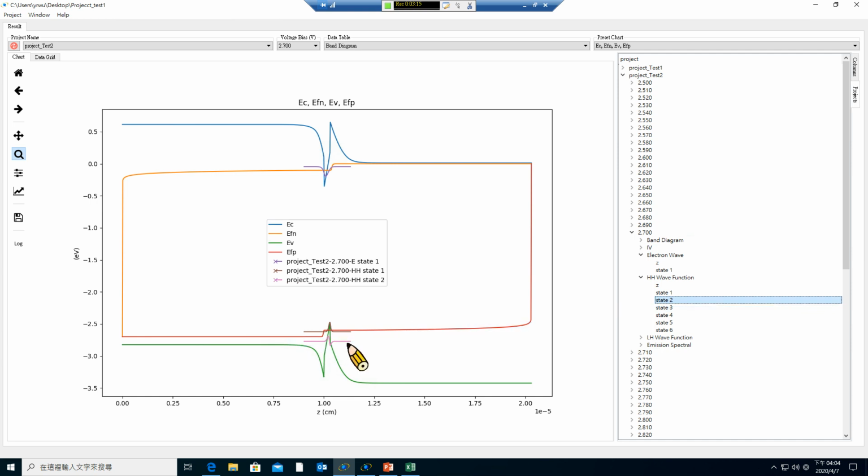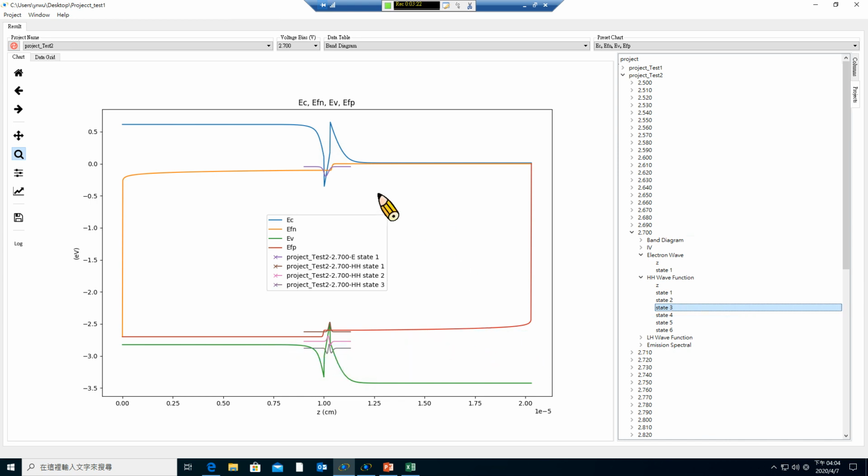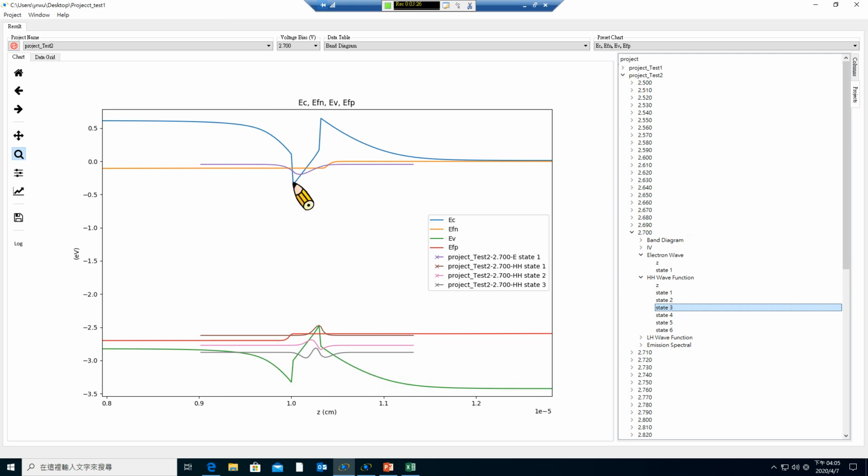This is the second hole wave. This is the third, the third eigenstate. So we have different eigenstates here. This is a wave function. You can see the electron wave is more like this. This is not carrier density. This is just the wave function format. Then if you compare this wave function to the carrier density,